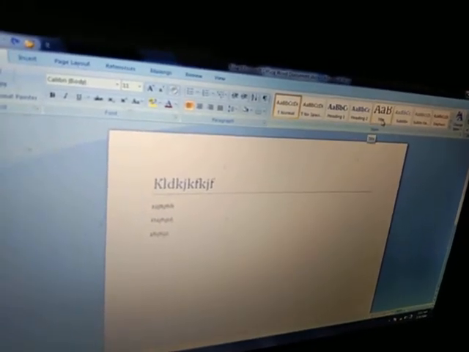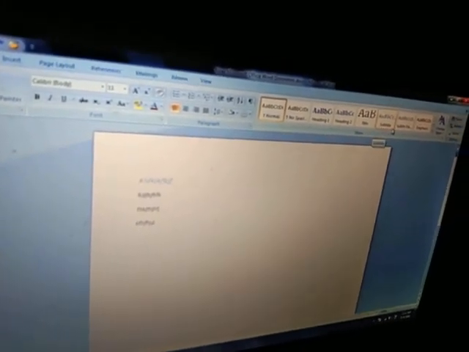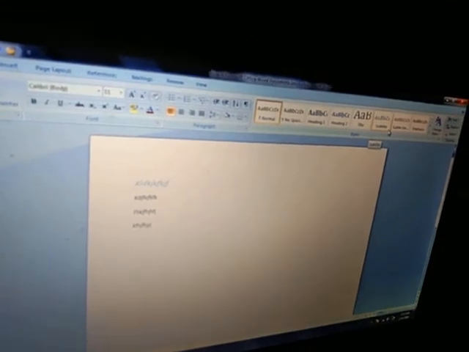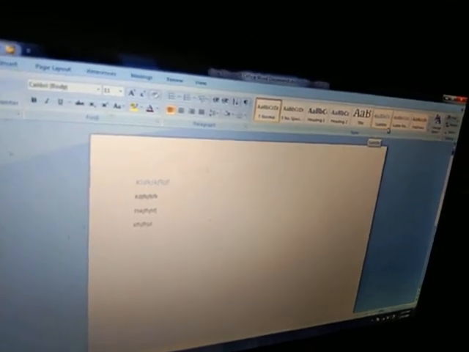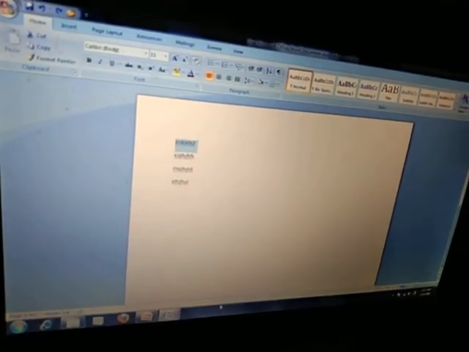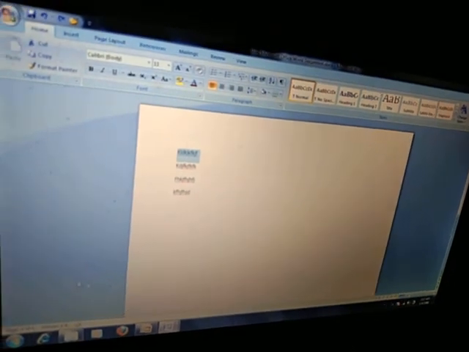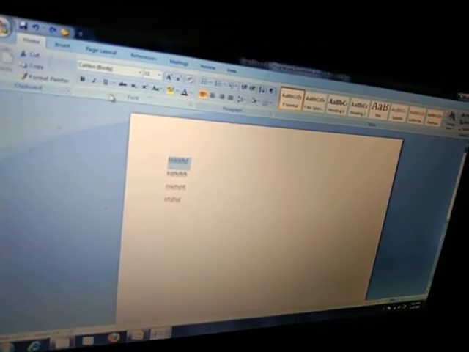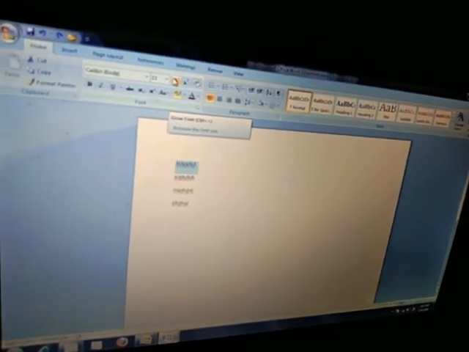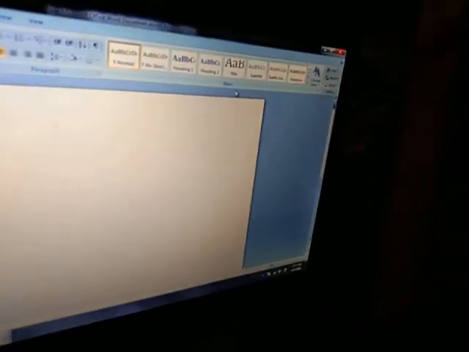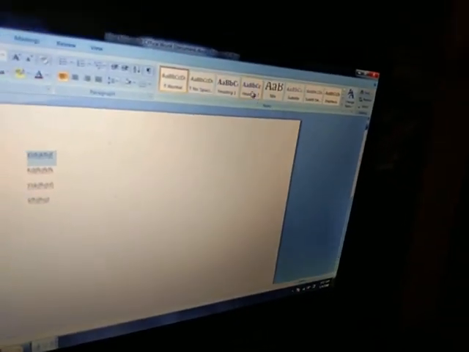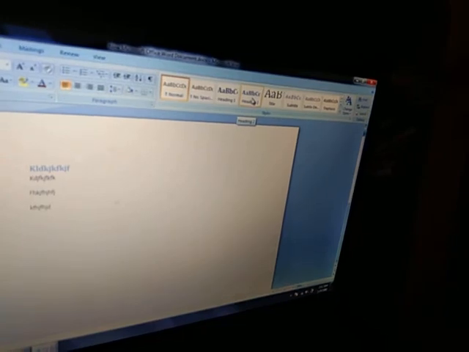Okay, are you getting my point? What is a style? A style is a predefined combination of font style, color, and size. If we want to update all these things, we are not going to do it one by one. What we will do is click on the Home tab, click on the Styles group, and from here select that specific style.